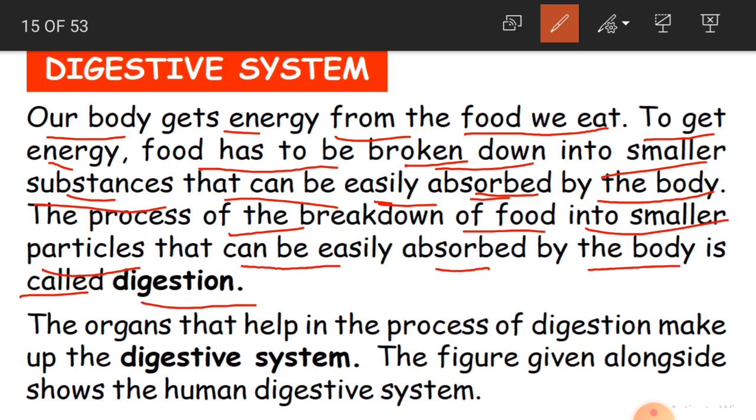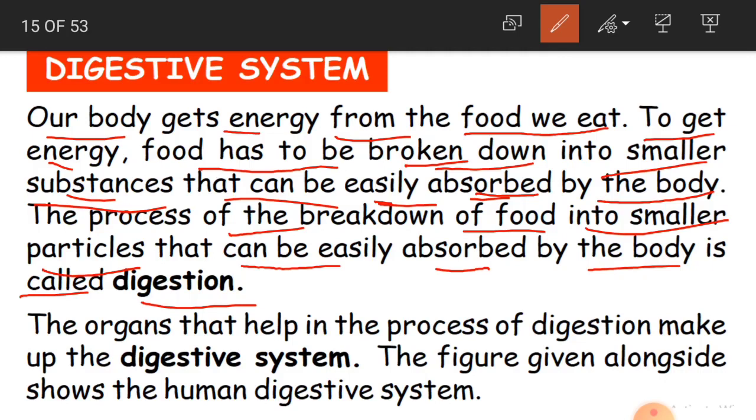Clear, children? Remember, when you eat food, chew it very well with your teeth, and then swallow it. Drink proper water and eat the food slowly also. Don't take it very fast, in gulps. If you eat food in a very fast way, that also will not get digested. So you have to eat slowly, chew it properly and then swallow the food.